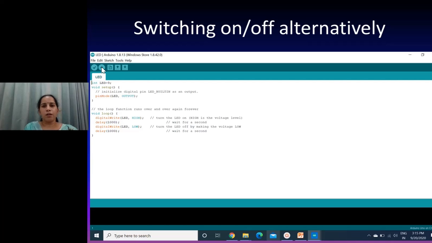After making and compiling the code, you have to upload it onto the Arduino. To upload the code, you need to connect the laptop and Arduino with a wire. One end of the wire is connected to the Arduino, and the second end, the USB port, is connected to the laptop. So it's fairly simple. It's not highly technical.